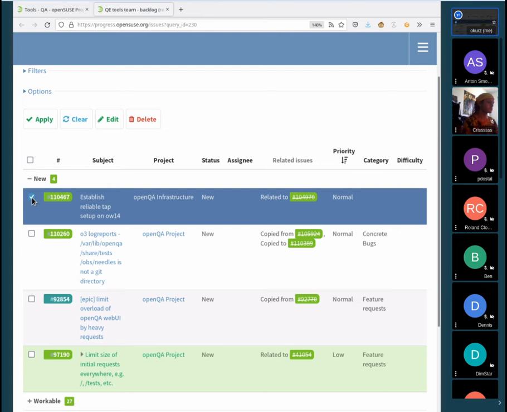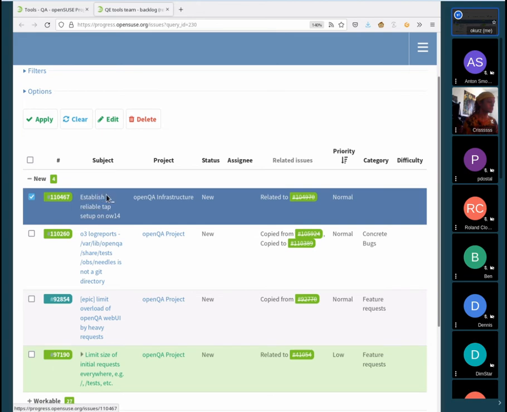I admit it, nobody within the QA tools team really has a good experience with actual multi-machine tests in detail. I mean, we know how to make sure that OpenQA starts tests in parallel and that they can communicate with each other, but then something weird is still going on, like the machines cannot ping each other or the connection is lost, and we don't see why or when that would happen.